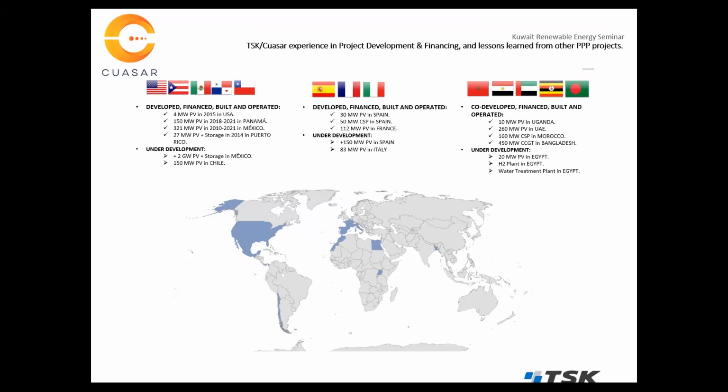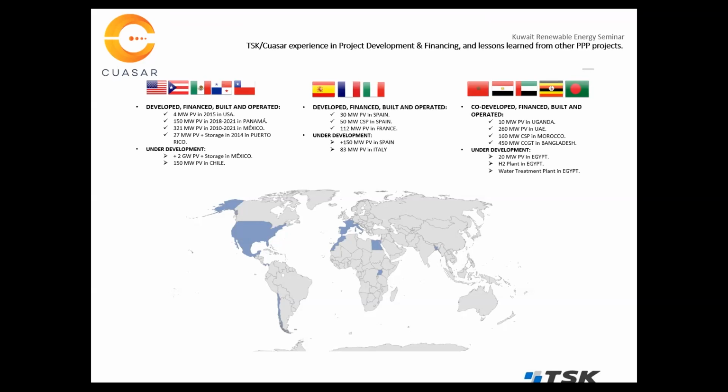Our first steps within development were done back in 2007 in Spain, and were PV related. Before 2010, we had developed 30 megawatts. That maybe today seems not so much, but back then it was a lot. The sector was starting, and for example, one of the projects was a 70 megawatt project in the south of Spain, where the investment was around 150 million euros. So obviously the prices were not the same, no?